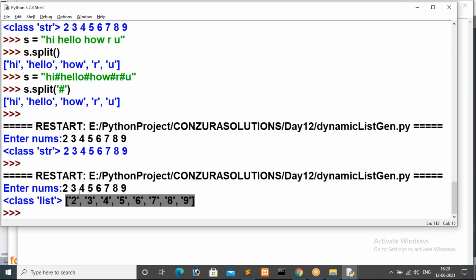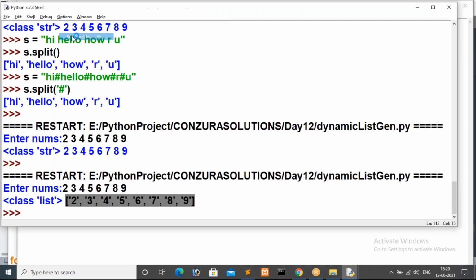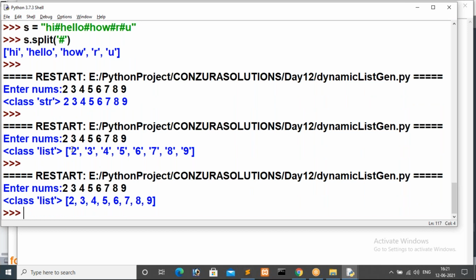After generating this list, I have to convert it first. This map method will take this 2, read 2 from this list, then call the int method on it, int of 2. So it will return the value 2 in integer, then the list method will store it inside li. Now we can observe, guys. Just run the module. Now I'm copying the same string here again, Control C, and giving nums. Now see here, we are getting the list again, and all values are in integer, right?